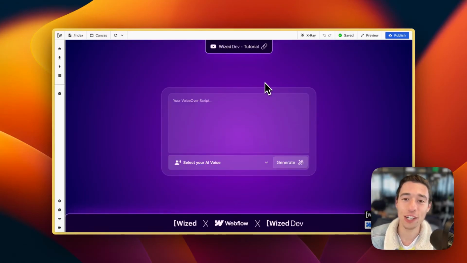Hi, today I want to show you how you can export the code that you are writing visually in Wized into real JavaScript code. Now, before we start, I have to say there's no benefit of doing that besides just having the peace of mind that you can, because Wized is doing all the magic for you on the back